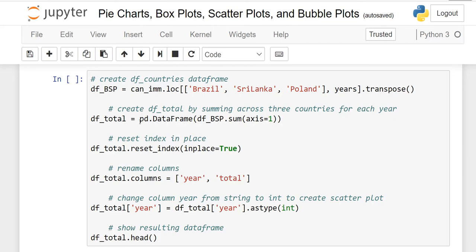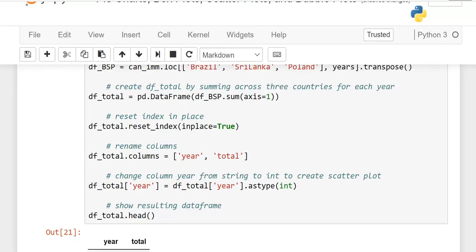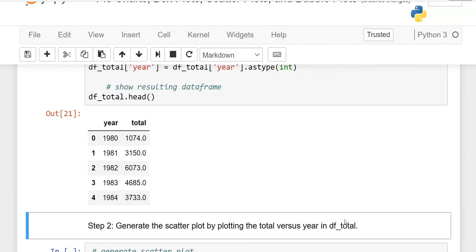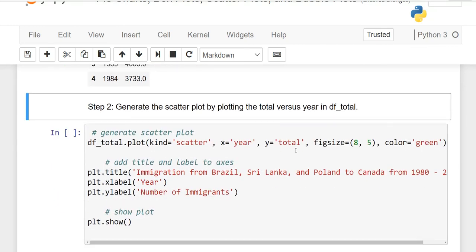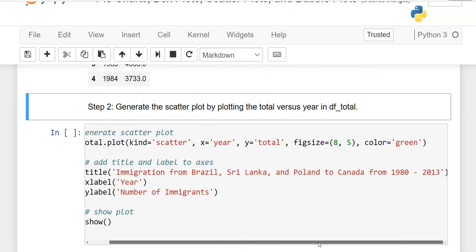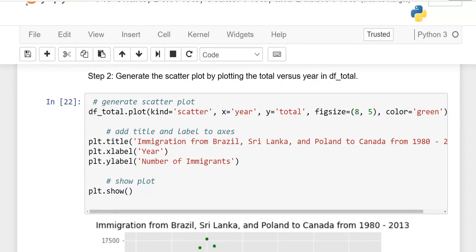And here all the things, this is pd.DataFrame, axis is equal to 1 means column. Here we want to convert our column names to year and total. When I run it, you will see our data frame. These are our year and total, because we had discussed this just 5 or 10 minutes ago. Generate the scatter plot. Everything is the same. Scatter plot x this, y this. Here I said my plot should be green color. My figure size, width and height 8 by 5, you can change it. This is my plt. If you want, you can annotate or whatever, right? So when I run it, you will get a nice scatter plot.